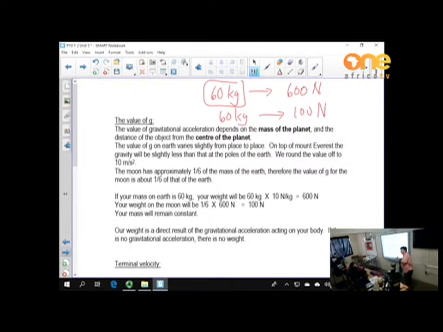The moon has a smaller mass than that of the Earth. So the gravity of the moon is going to be less than that of the Earth. If I go to some unknown planet and there they have a strong